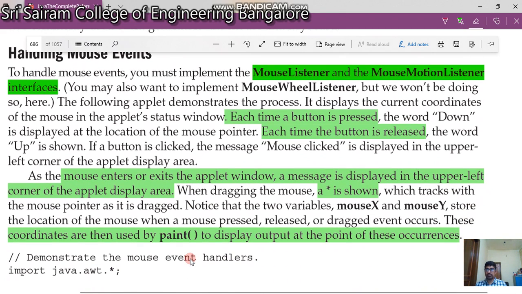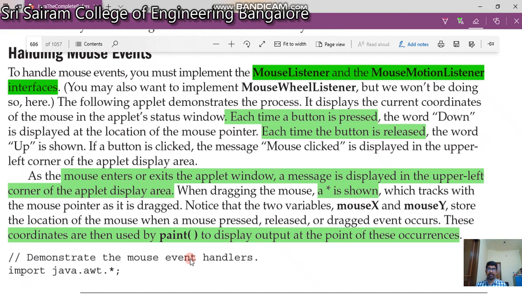Whenever the mouse enters or exits the applet window, a message like mouse entered is going to be displayed. And whenever you drag the mouse, it is going to show a star symbol. Let us see how we can write this.